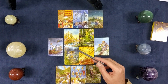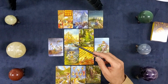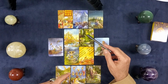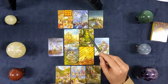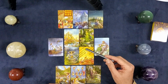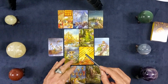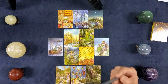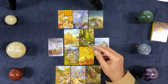And then, since I laid them clockwise and I don't see anybody particularly looking left or right, that will be a clue for me. Line of sight is a clue for me in readings. So, for example, if this High Priestess were looking this way, to my right, or were looking clearly to the left, or in another direction, I would probably follow that line of sight, unless there were another human or another face clearly looking in an opposite direction. I would try to balance those lines of sight in reading. But here, these figures are all face forward. Now, this king is looking this way, right? But these figures are all face forward,